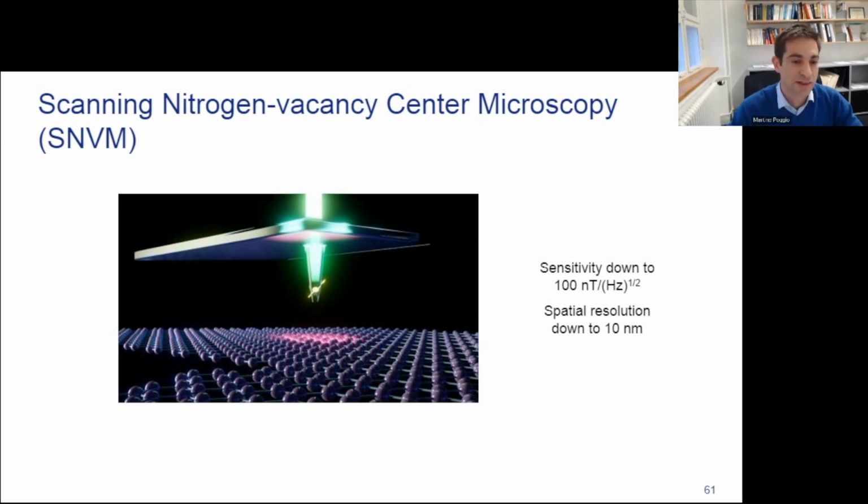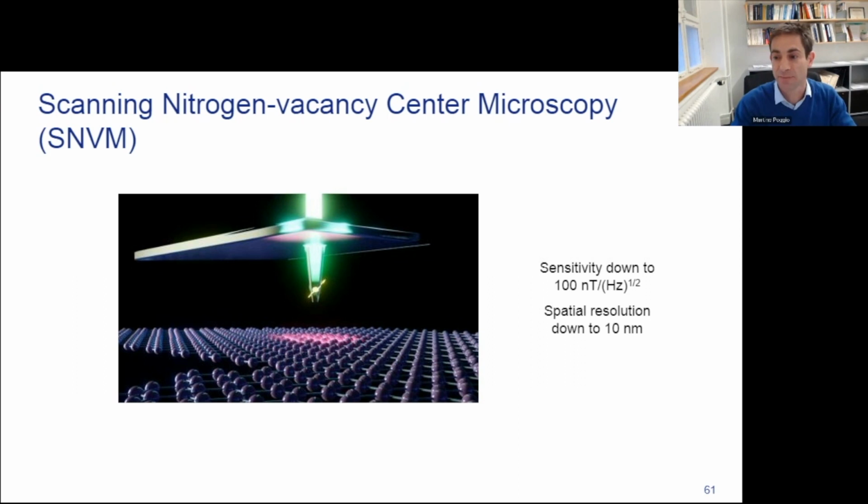ways. The way this works is essentially you have a nitrogen vacancy, which is a defect in diamond, and you implant that at the tip of a scanning probe, and you basically scan this over your sample as shown in this cartoon. And this nitrogen vacancy essentially acts as a kind of spin probe that you can optically measure, and you can optically measure its spin state and therefore get information about the magnetic field. So essentially by measuring the splitting of this defect spin, the energy splitting, you can measure the local field at